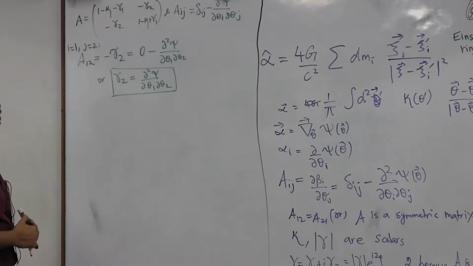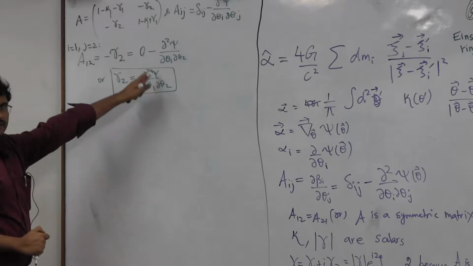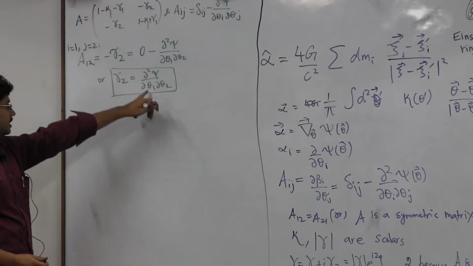So, yeah, gamma 2 is the second derivative of psi with respect to theta 1 and theta 2,